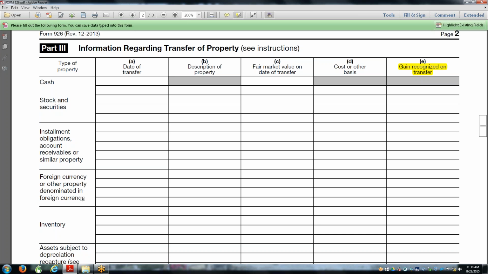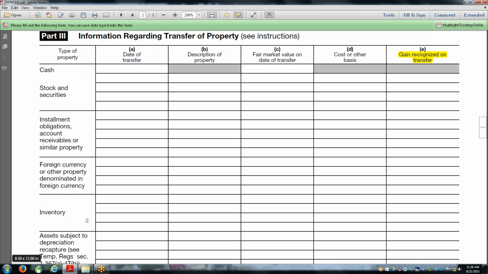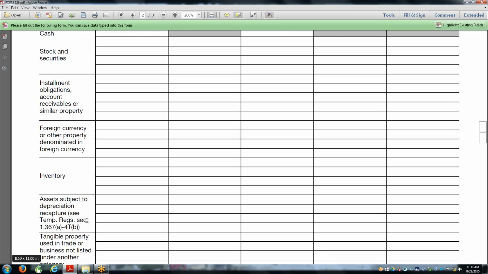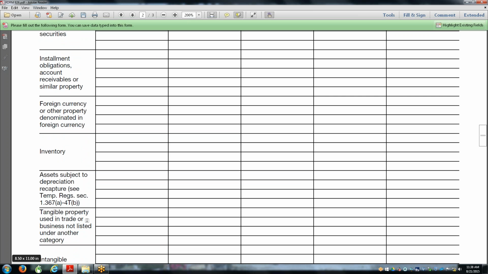That is in Section 367. Inventory gets really complicated because of the different tax accounting rules for inventory. Assets subject to depreciation, recapture, that's pretty straightforward. Tangible assets not used in a trade or business, rarely do I see that. I'm not even sure what that would be,